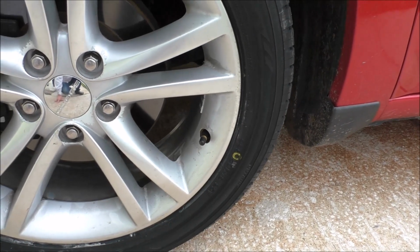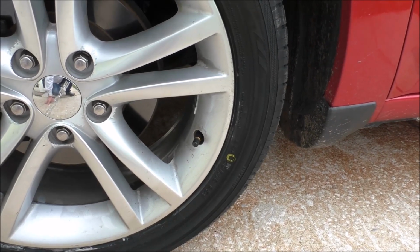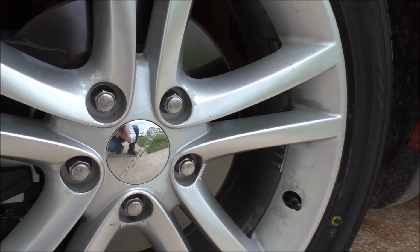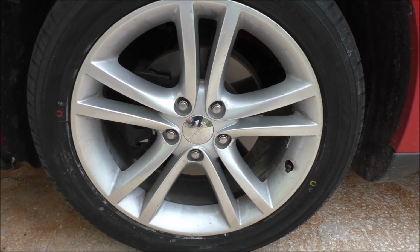But anyway, in this particular case, they clocked the tire so that the yellow circle is lined up to the valve stem, and they still had to add weights. I don't know if you can see them up in there. There are a few weights. I don't know how many ounces of weights are added to this tire, but in one of my previous videos,